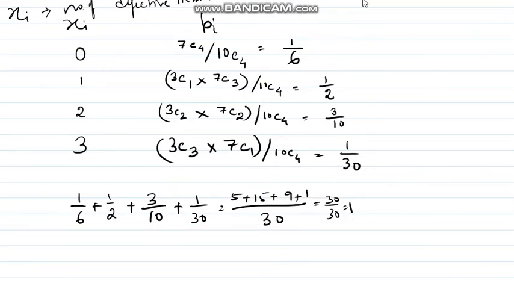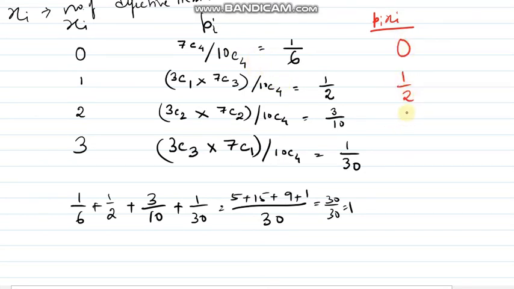Fine. Next, if I proceed for pixi, what will be pixi? This one will be 0, this one half, this one will be pixi only. So 6 divided by 10, this will be 3 divided by 30. Just check, I have kept all the calculation as it is. Next one is pixi square. So what is going to happen for pixi square? This will be 0, half, so it will be 12 divided by 10, and this will be 9 divided by 30.